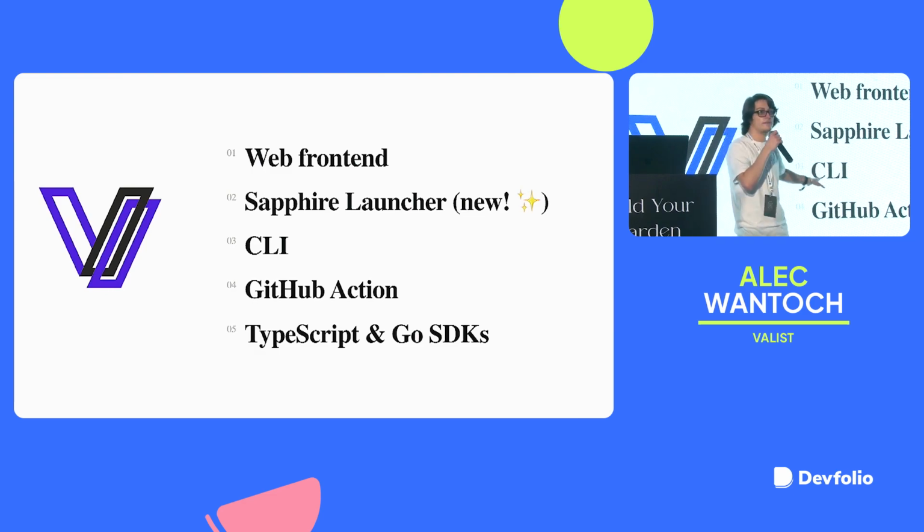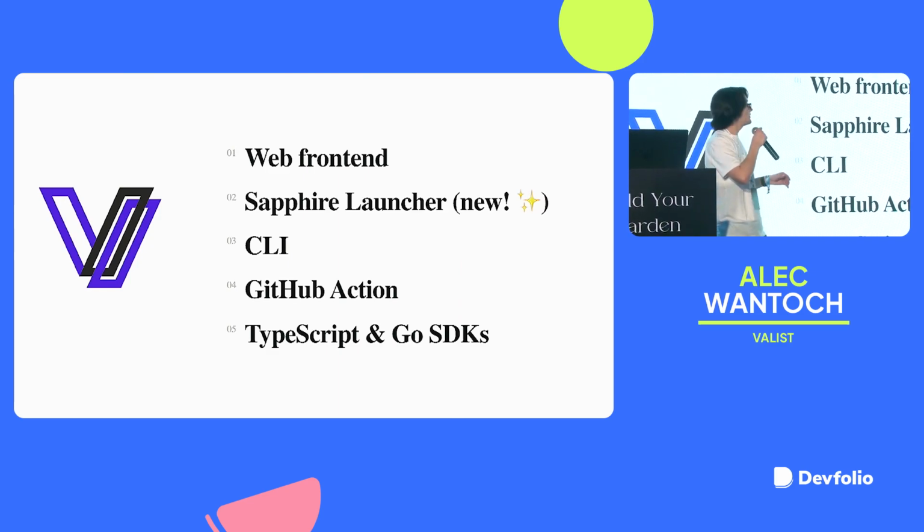That also supports advanced configurations for multi-platform releases. So again, just like the web front end, you could configure, hey, I want to publish my web, my Mac version, and my Android version all in the same release. And the CLI does that super easily as well. And then our GitHub action is basically taking the SDK and making it native for GitHub. But you could also tie that in with the automatic deployments as well. So if you're already using GitHub Actions, all you have to do is add the Valist publish at the end of your workflow, and it's super, super seamless.